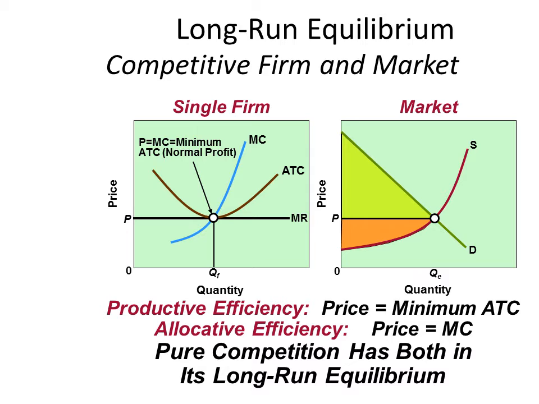In the long run, if we look on the right-hand side, we maximize that lime green triangle, which is called consumer surplus, and that strange looking triangle-ish orange area, which is called producer surplus. In other words, a purely competitive market creates the most efficient outcome for society because we achieve both productive and allocative efficiency. We maximize consumer and producer surplus.